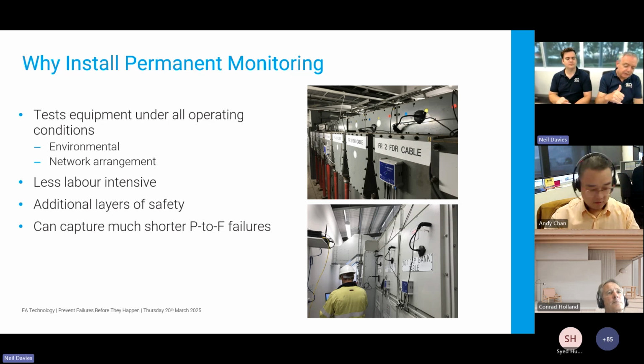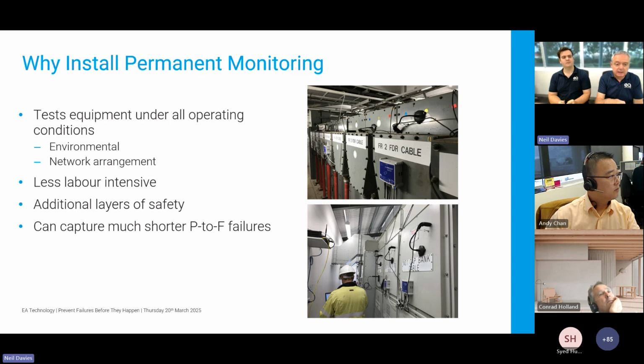If you have a very critical board and you're wanting to test this frequently, it becomes labor intensive. So if you put a monitor on, that takes it away. If you've got people working in substations for a prolonged period of time, let's say they're doing a protection upgrade or they're doing some other work in the substation, or in the switchyard, of course,